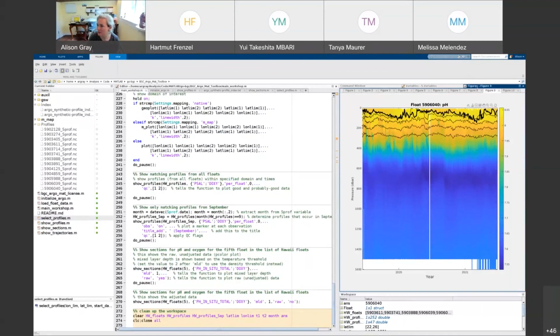But this is more typical of a float where, if you flip between the raw values for pH and the adjusted values, you'll see that there are important changes if we're thinking about using these data for science applications. You really want to use the adjusted data, so there are important differences, but they're not necessarily the drastic changes that we saw in the first case. Okay, I'll stop there. Are there questions or comments